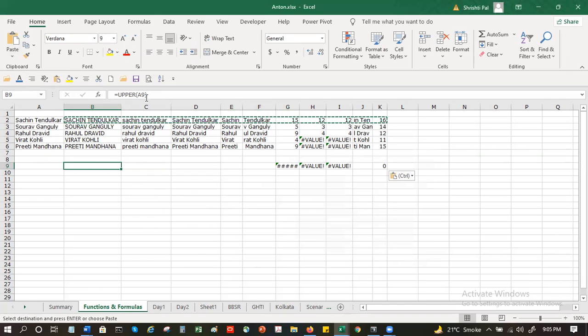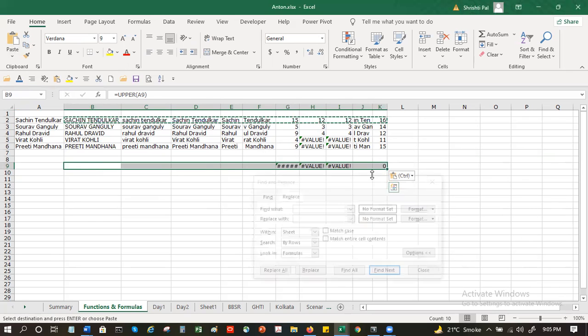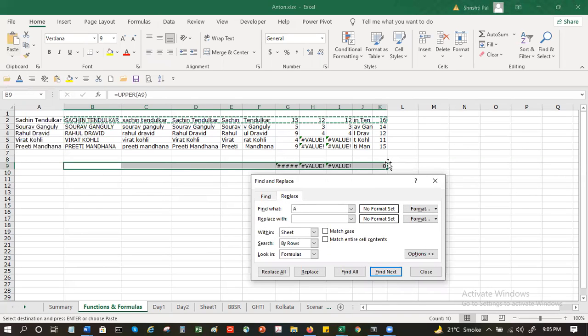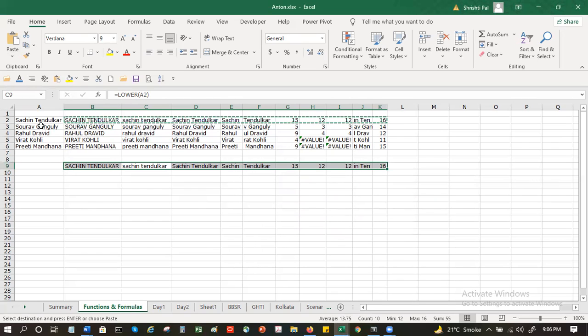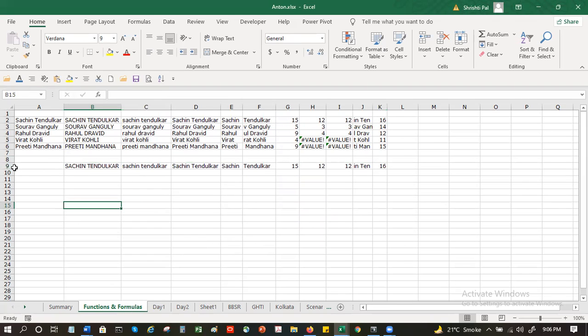So there will be a value error because it will refer to A9, right? Now, if I want to see why it's returning an error, I can't figure it out, let's say. So what did I do? I just switched from A9 to A2. Now it started giving me the correct result. Now, if I look at this, I'll find this is blank. Where is it getting the Sachin Tendulkar from?